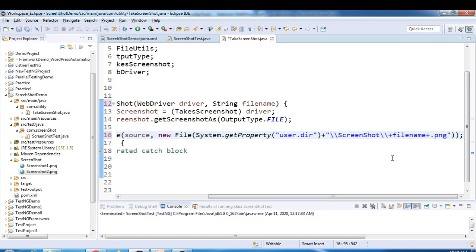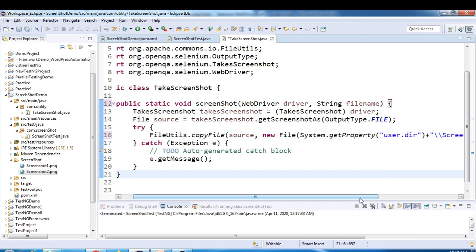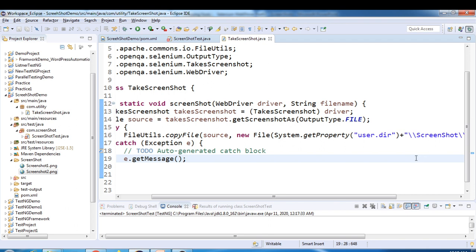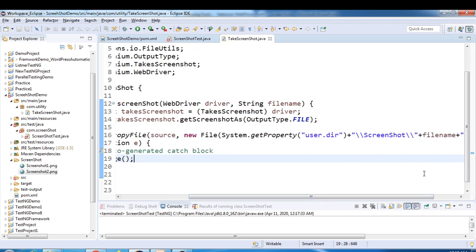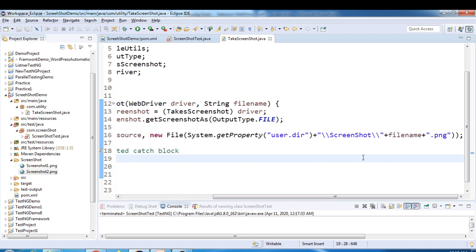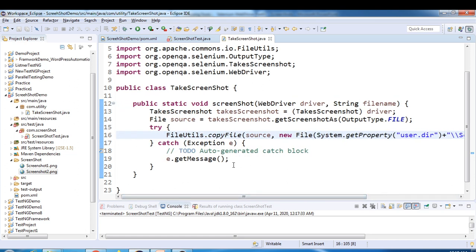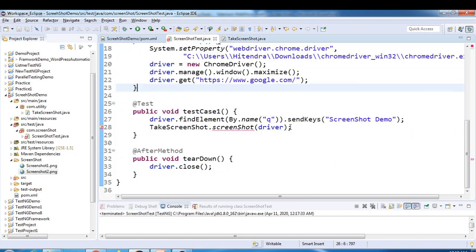Like this. So no need to, I mean it won't take the same file name again and again, because it overwrites, right? When you take the screenshot. So this time we can manually provide the file name, and then it will take the file name accordingly. So let's say we have given, let's say we'll give,